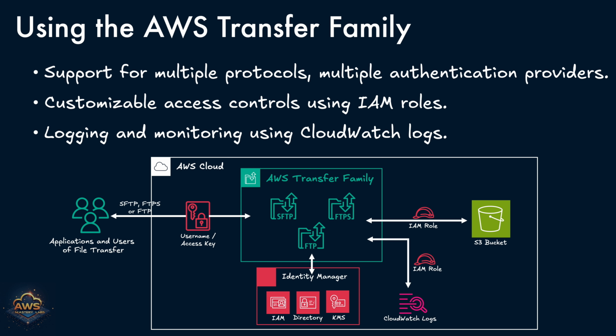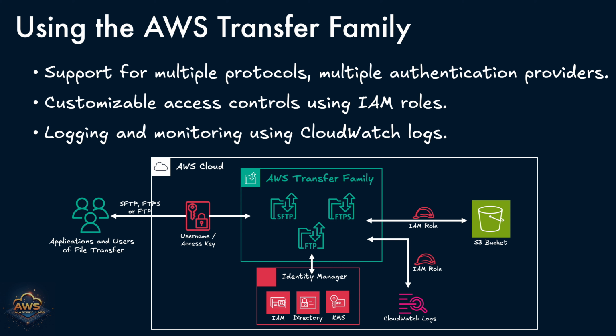The architecture behind Transfer Family is fully managed by AWS. Users and applications connect via standard protocols and authenticate using usernames or keys. The service operates in the cloud, integrating with IAM, directory services, and AWS KMS to manage authentication and authorization. Files are securely stored in Amazon S3, with all access controlled through IAM. Meanwhile, CloudWatch logs ensure full visibility, making the entire process secure, scalable, and compliant, without the burden of managing your